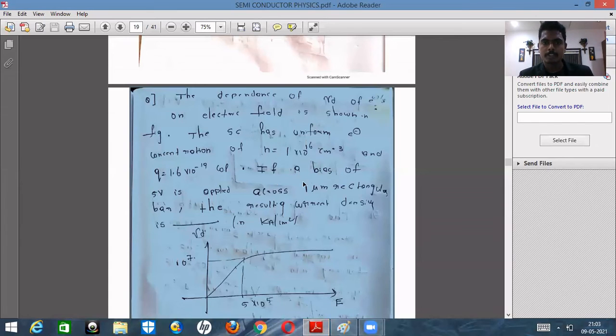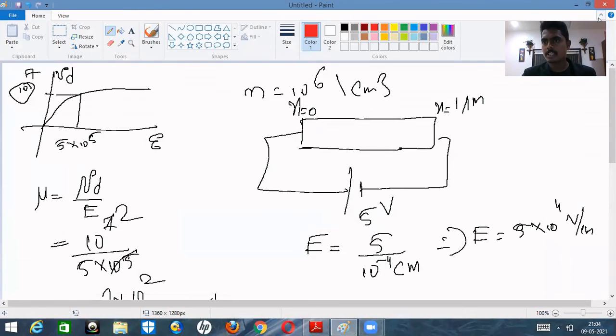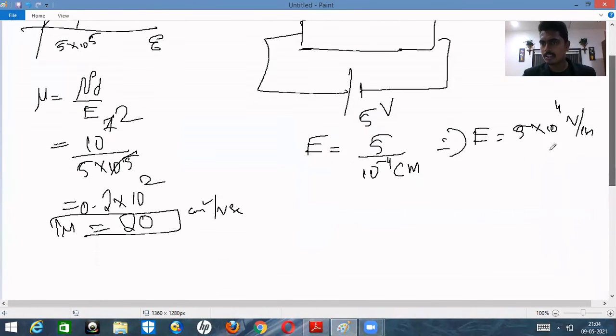So next, the resultant current density is this. Here they have not asked whether it is drift current or diffusion current, and we can easily say that it is a drift current. Why? Because they have clearly mentioned that the electric field is applied and electrons are moving with some drift velocity. So the current produced is drift current. If it moved due to a concentration gradient without an electric field, then it would be diffusion current. Since an external electric field is applied, this belongs to drift current density.